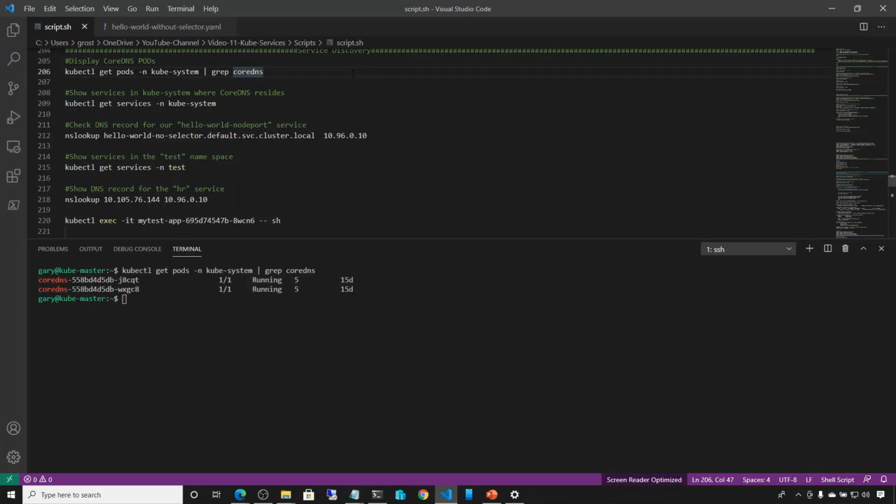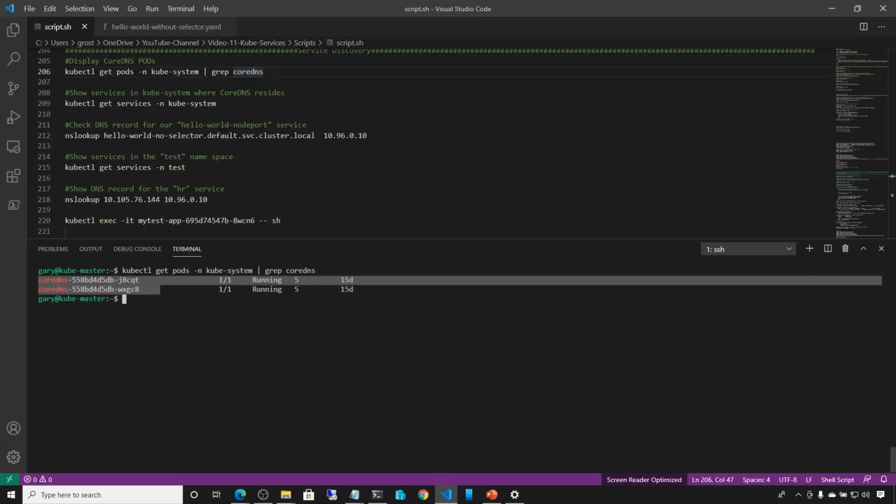So let's go ahead and run that. And as you can see, in each cluster, it creates 2 pods, and those pods contain the logic for the DNS. So this DNS system is actually in these 2 pods. On line 209, we want to look at the service, the DNS service, and it is again in the